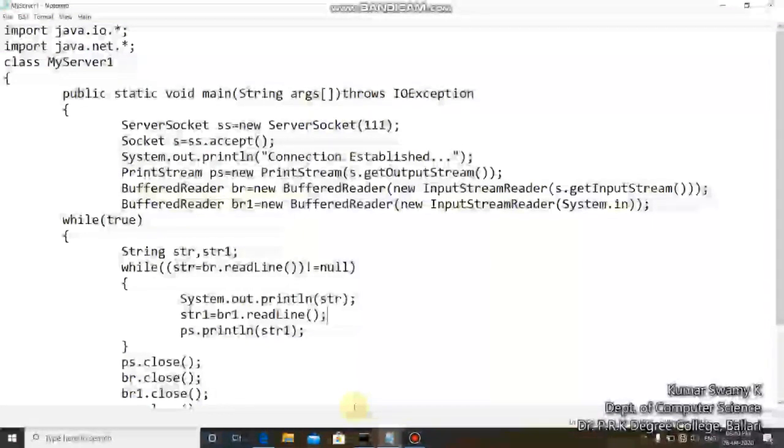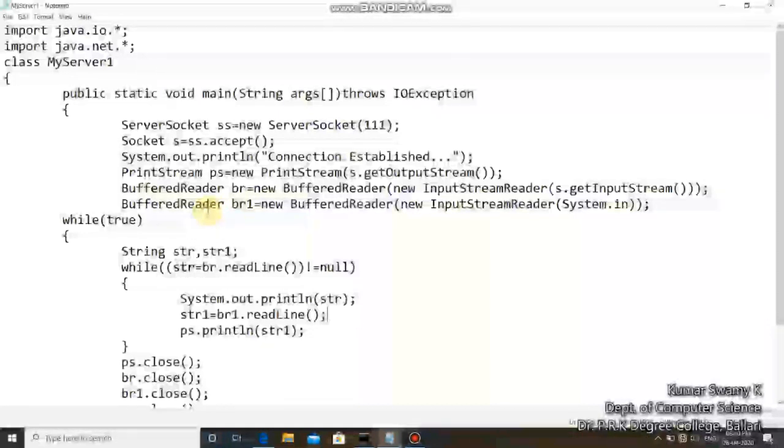The first, let us look at the server side. In this program, as we did in the one-way communication, we have used a server socket object, for which we have used a port number, 111 itself, and then after connecting the port number to the server socket object, I am trying to establish a connection so that this socket object S indicates that the server side connection got established to the client.